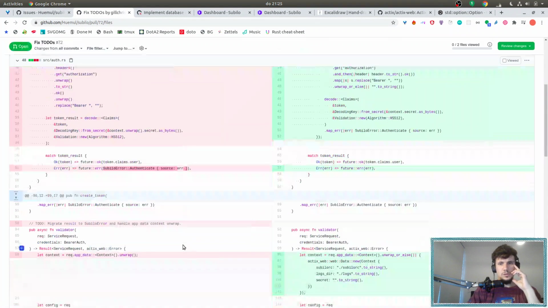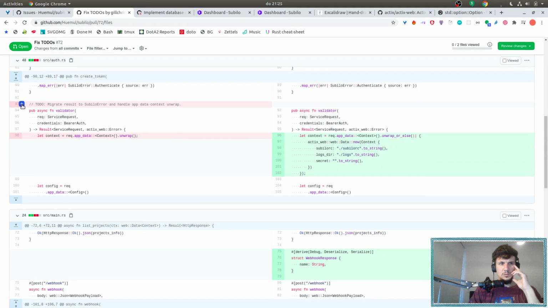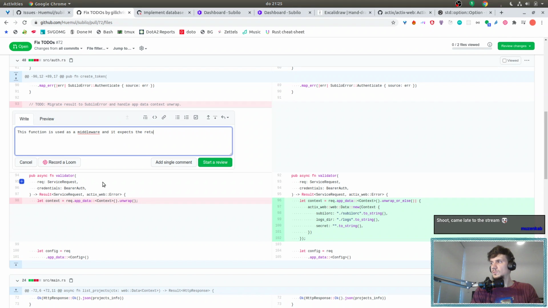So a comment about this one. This function used as